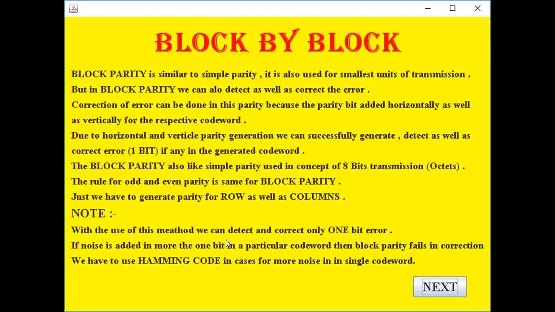If there is more than 1 bit error and we have to detect and correct it, then we cannot use block parity. We have to go for Hamming code, which I will depict next time in the next application. So let's go further with the block parity.